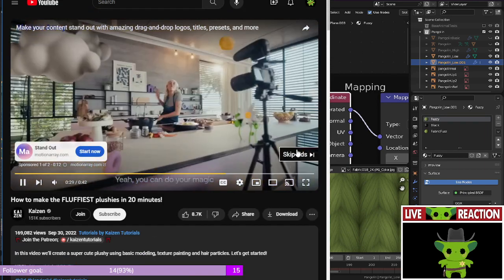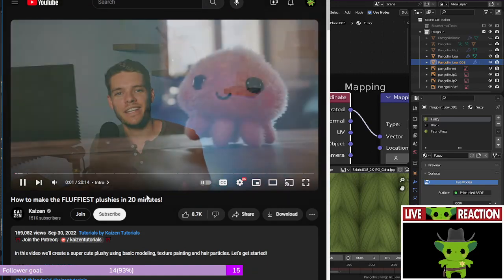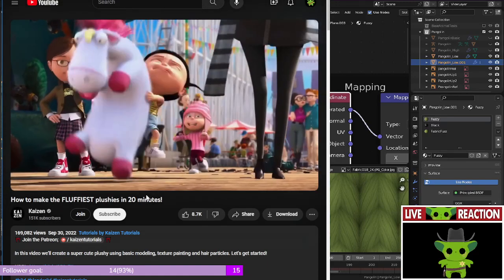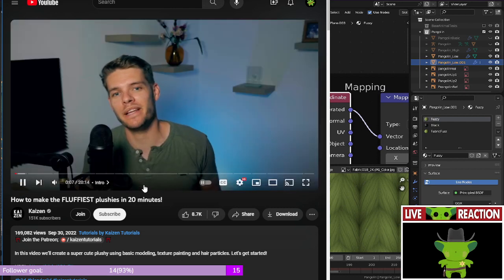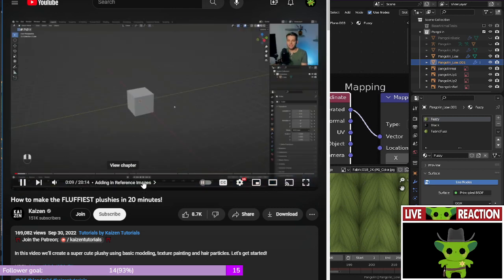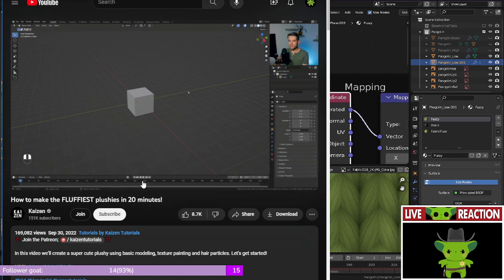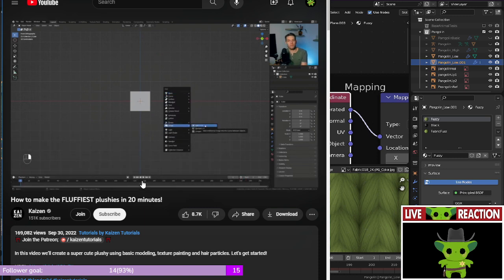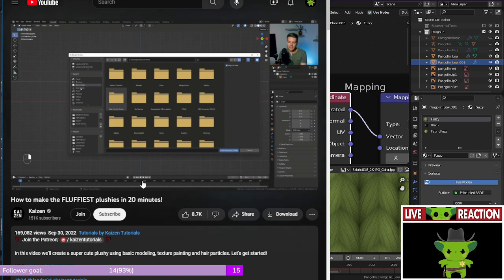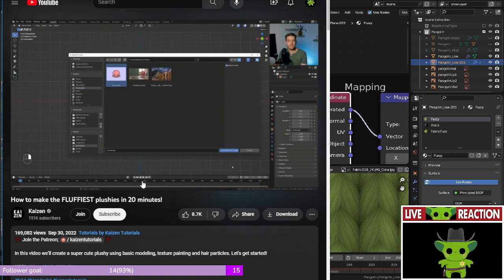In this video, we'll create a super cute plushie using basic modeling, texture painting, and hair particles to make it look real and fluffy. Now, I've got a fresh Blender scene opened up. I already deleted the camera and the light here. And I'm going to go into front view with numpad 1, Shift A, and I'm going to look up this thing called an image reference. Now, this will allow me to add in an image reference, and I'm going to add in this cute little